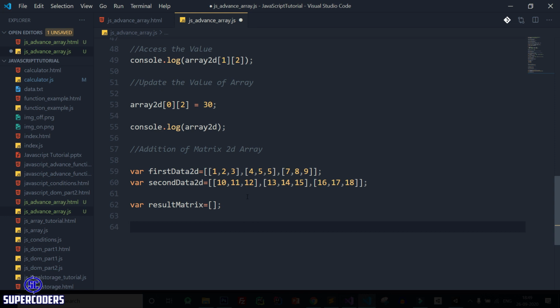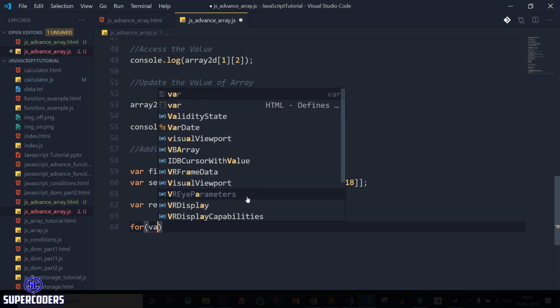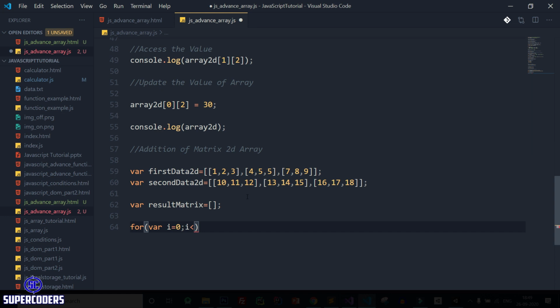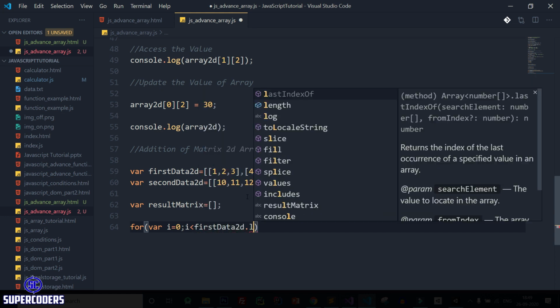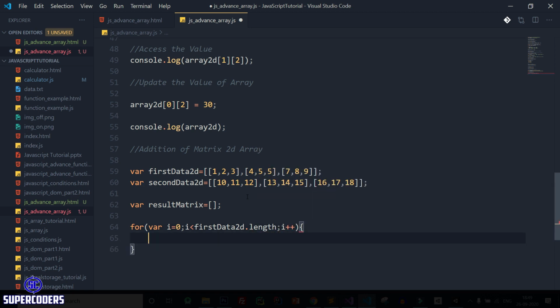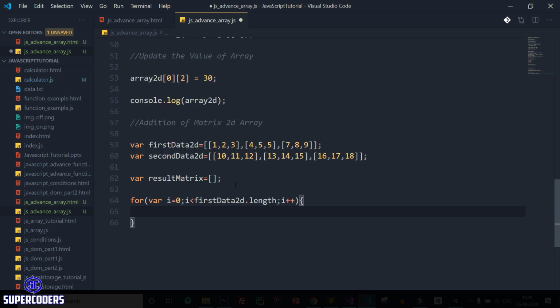After that, for i equal to 0, i is smaller than first data 2D dot length, i plus plus. This loop will run and access all these items like 0, 1 and 2, but we need to access this item also, like 1, 0, 1, 2.